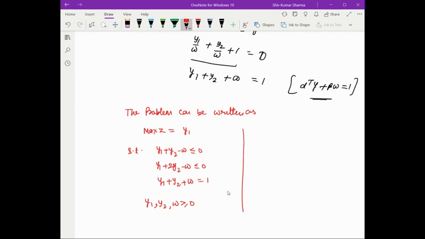Now we see that two inequalities, that means the first and second constraints, have less than or equal to. So we make them equal to by using the slack variables. So this problem we consider as a linear programming problem. So now we write